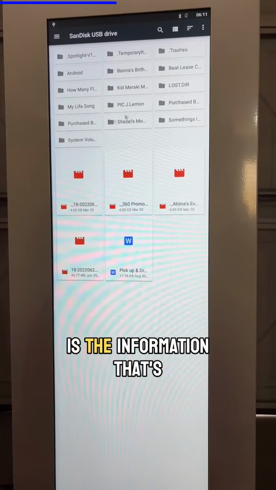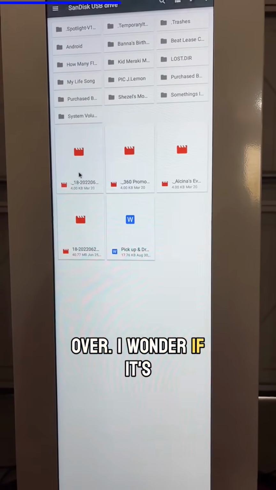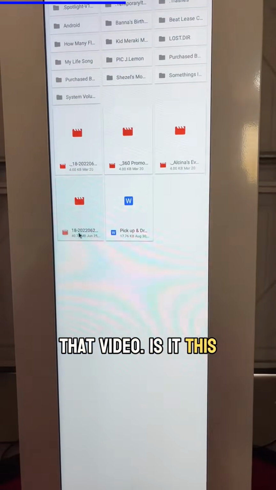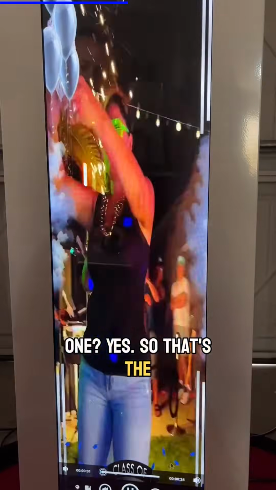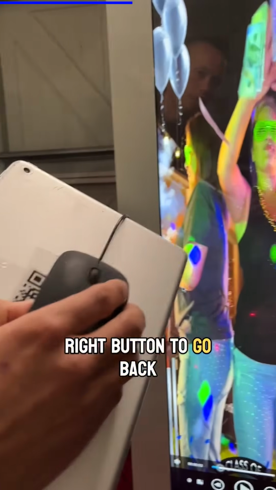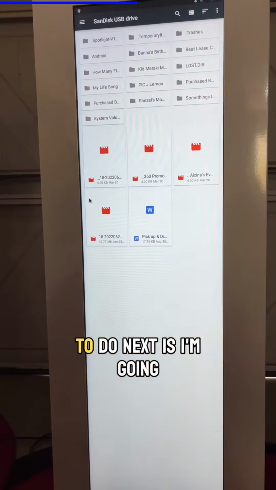All right, so this is the information that's in our card. Now let's find the video we moved over. I wonder if it's this video. Could it be this video? No, it's not that video. Is it this one? Yep, so that's the video. And so I'm gonna go ahead and press the right button to go back once. All right, so now that we know that this is our video, what I'm gonna do next is I'm gonna